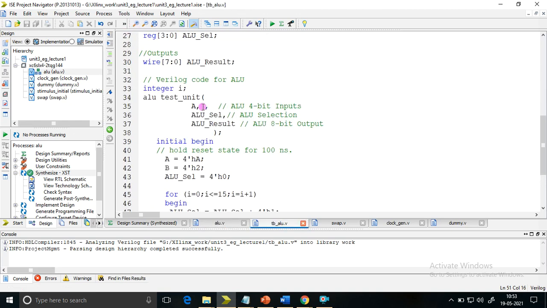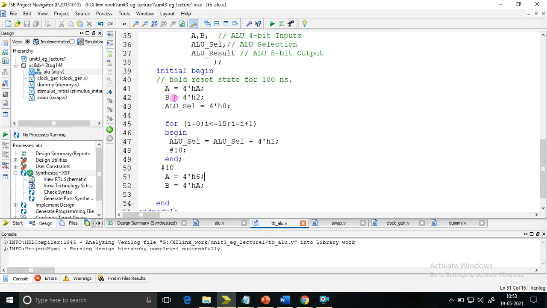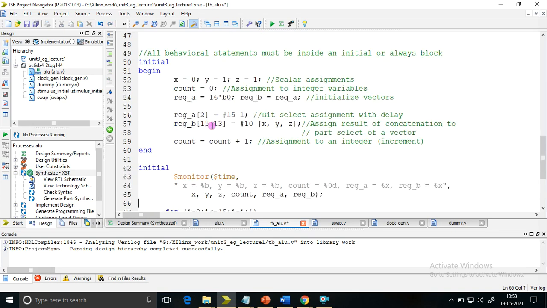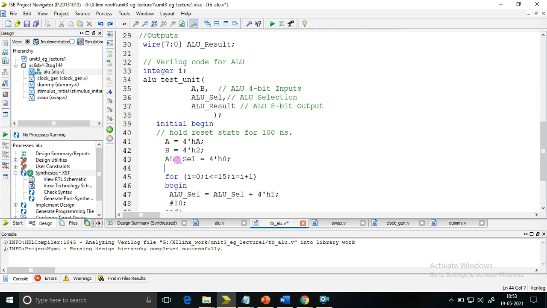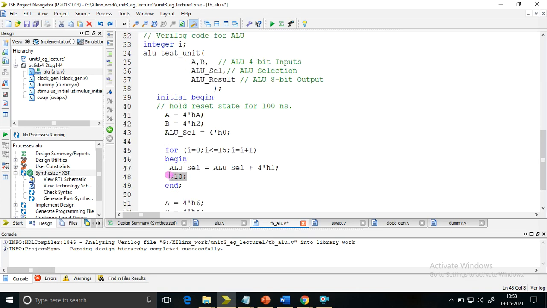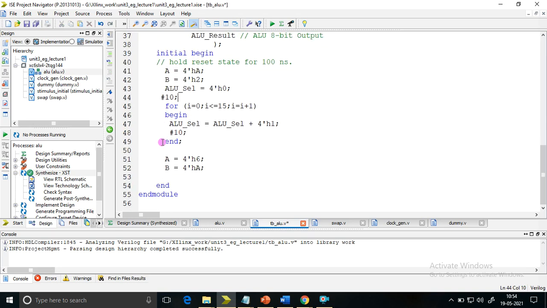In the test bench, what I have done is change the A value, B value, and ALU select value, and after every 10 time units the ALU has to change its value. This 10 I have put here.